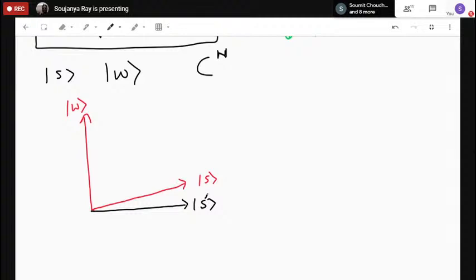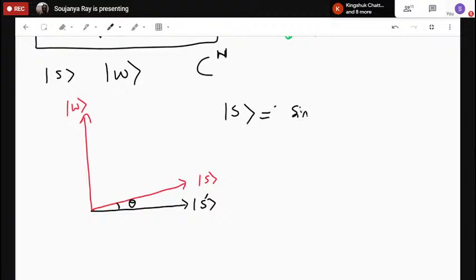Now, if you see this angle, we mark this angle as theta. So theta is the separation of the superposition state and the S dash state that we have just declared. Now we have a better representation of the state S, and the state S can be represented by